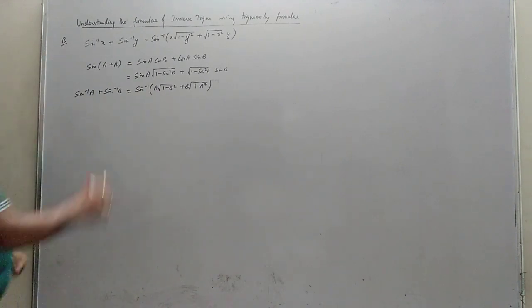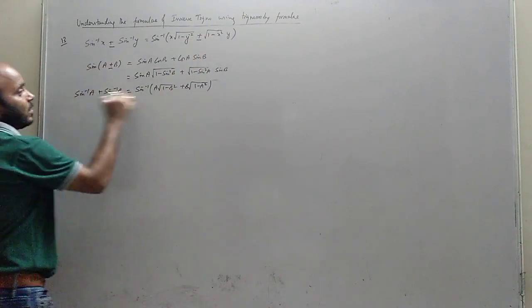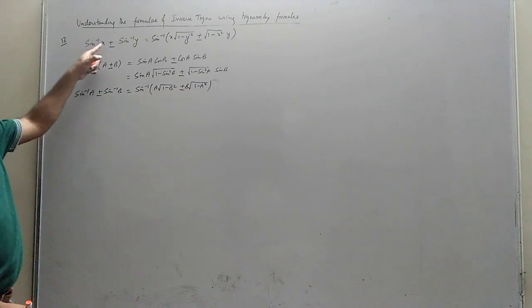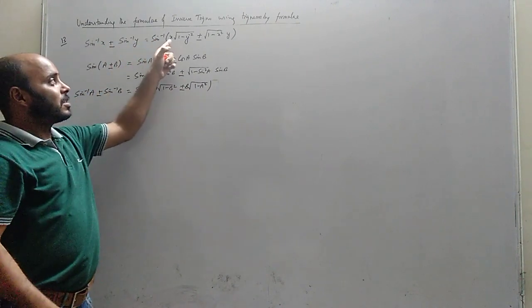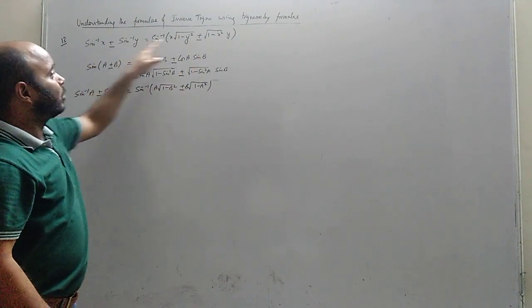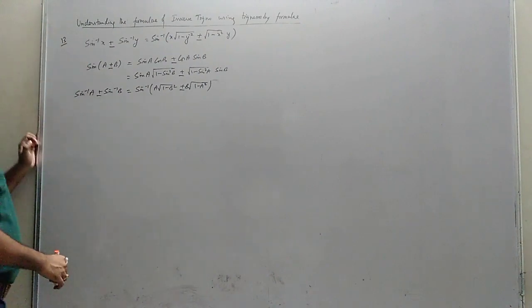This becomes 2. See here, minus, minus. Here minus, here minus, this minus. So one is sin inverse x plus sin inverse y, which is sin inverse of x under root 1 minus y square plus under root 1 minus x square into y. If it is minus, then minus will come in the middle. So two formulas become one, no tension. Okay, similarly